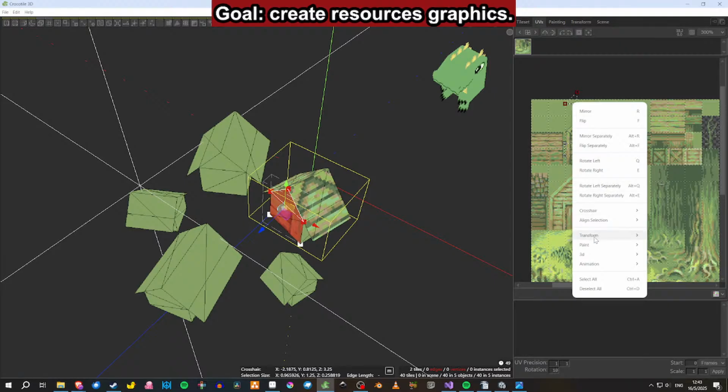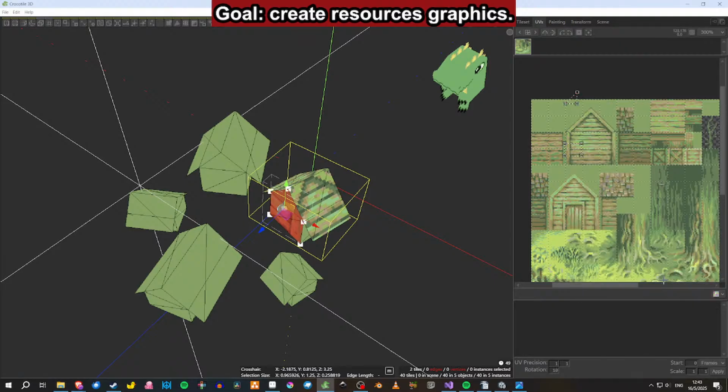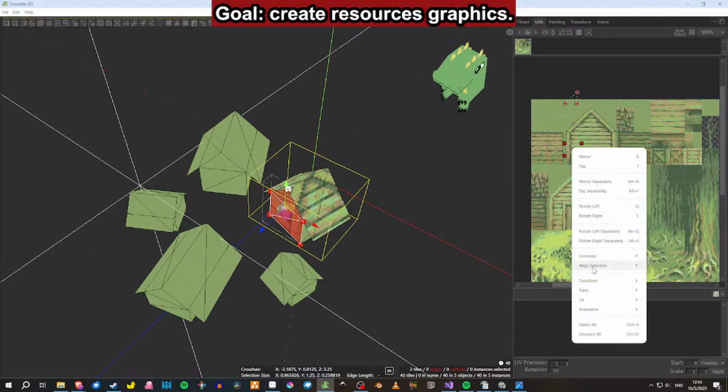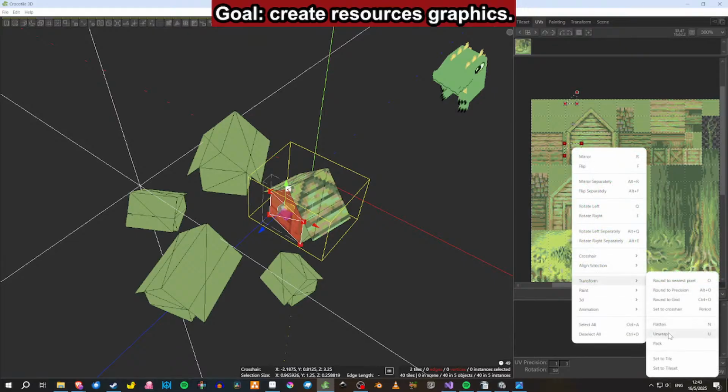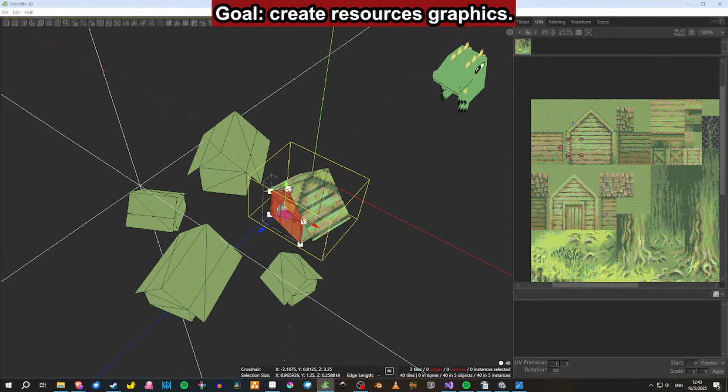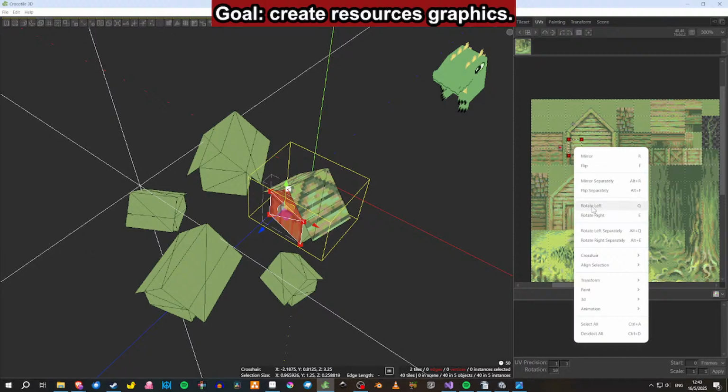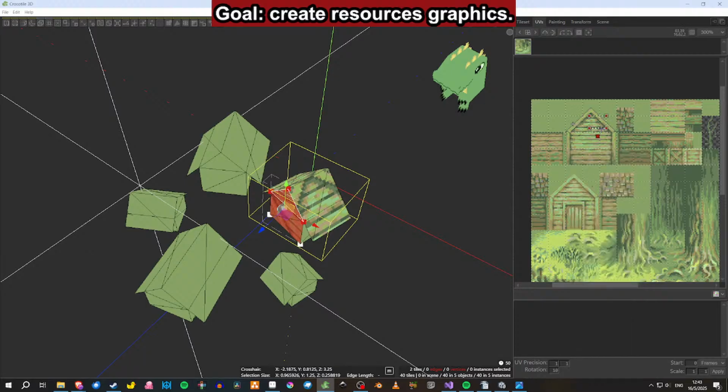Okay, transform, flatten, transform, unwrap. Okay, let's rotate to the left. Okay, like that. Okay, so